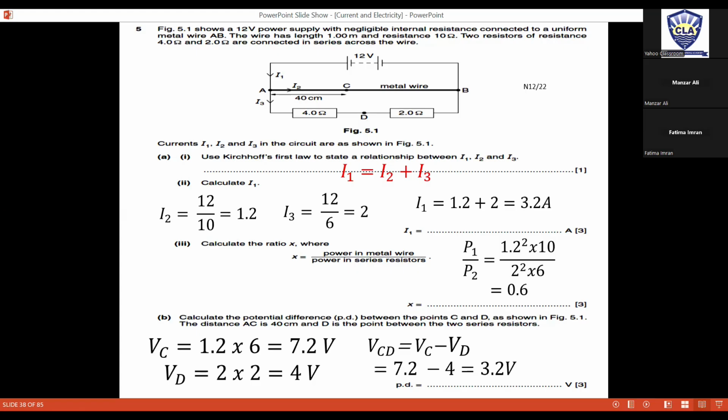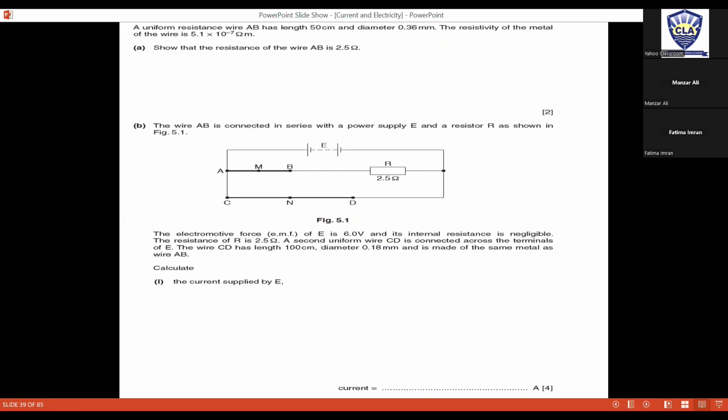क्योंकि C का पोटेंशियल 7.2 है और D का पोटेंशियल 4 वोल्ट है। अब वो कहते हैं कि ये वायर की रेजिस्टेंस आपने निकालनी है, उसकी लेंथ 50 सेंटीमीटर है, उसका डायमीटर 0.36 है और रेजिस्टिविटी 5.1 × 10⁻⁷ है। हमने रेजिस्टेंस निकालनी है। रेजिस्टेंस का फॉर्मूला होता है ρL/A।